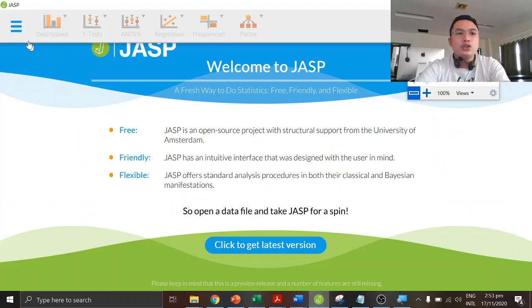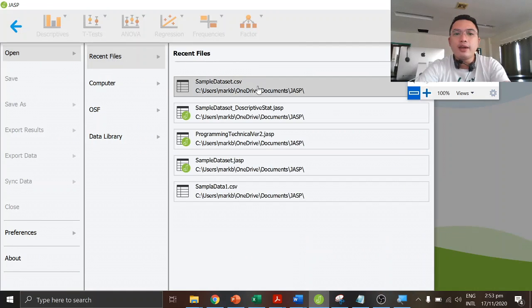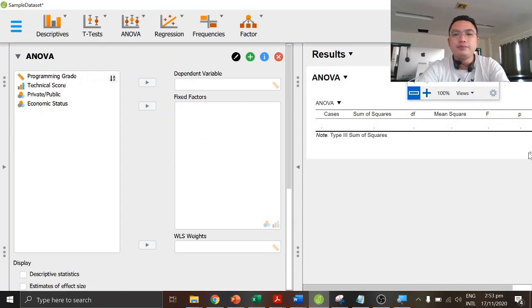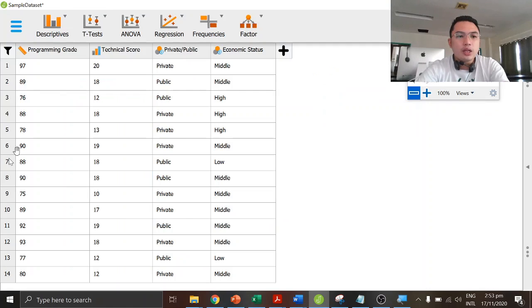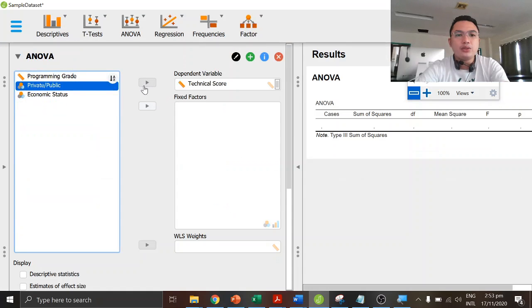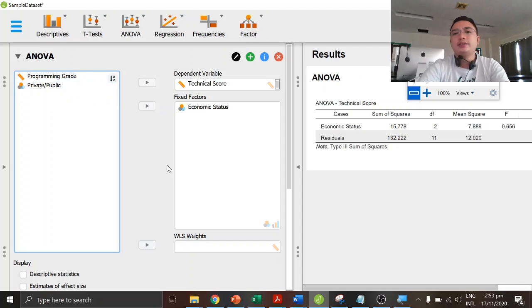So I'll be opening it again. All right. So go to ANOVA. Technical score must be a continuous scale, and we'll be putting it in the dependent variable and fixed factors.